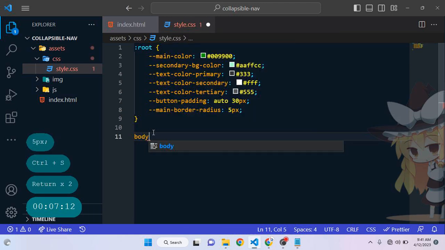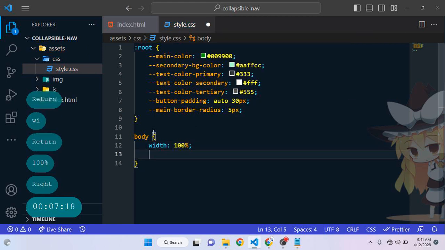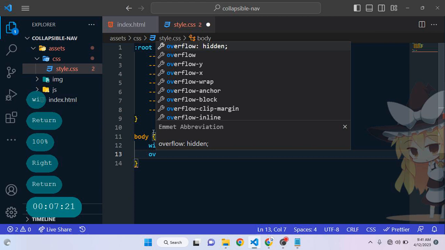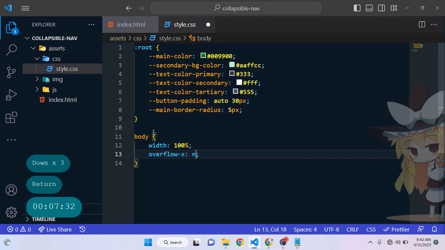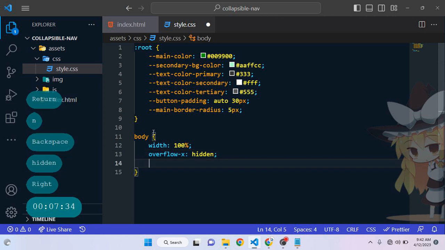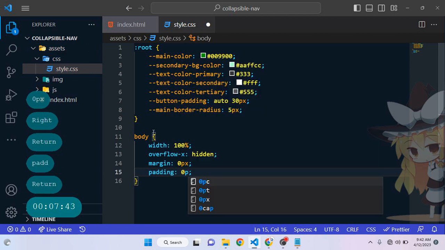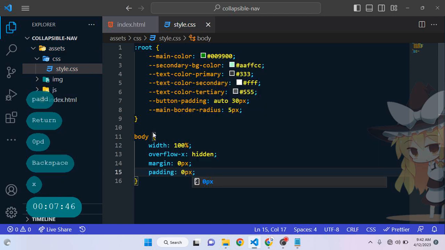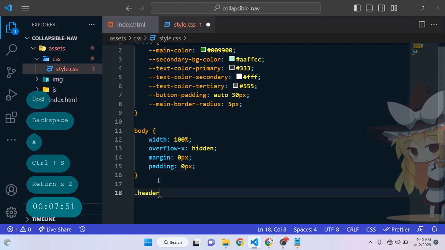So for the body tag, I want the width to be 100%, and I don't want any components inside it to extend beyond the width of the body. So that's why I'm putting overflow-x, that's in the horizontal direction, to be hidden. Right, then the margin to be 0, I don't need margin in the body. Then the padding to be 0, I don't need any padding in the body. Alright, then after that I'll move down, then declare my header wrapper class,